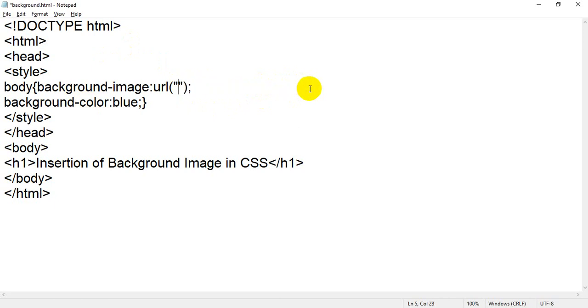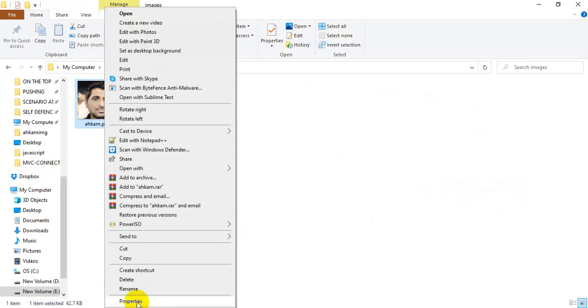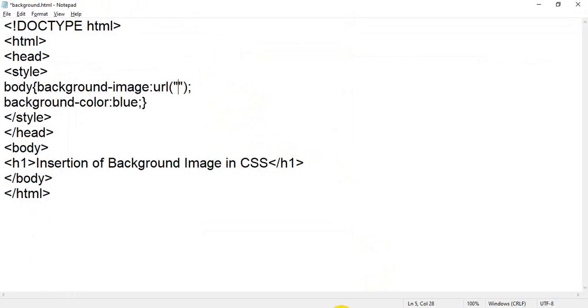Okay, again I am going back to that particular folder. I am going to right click on properties. This is the location. When I copy it with Control C, go back to my notepad, and inside that double quote I press Control V, that is paste.